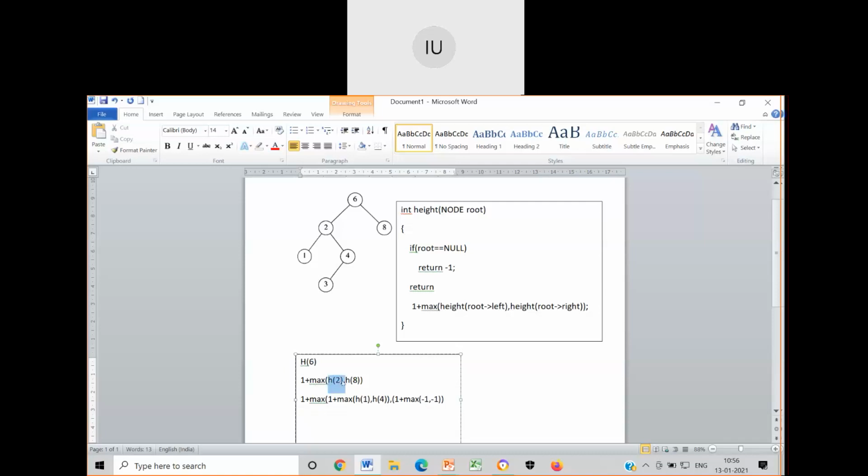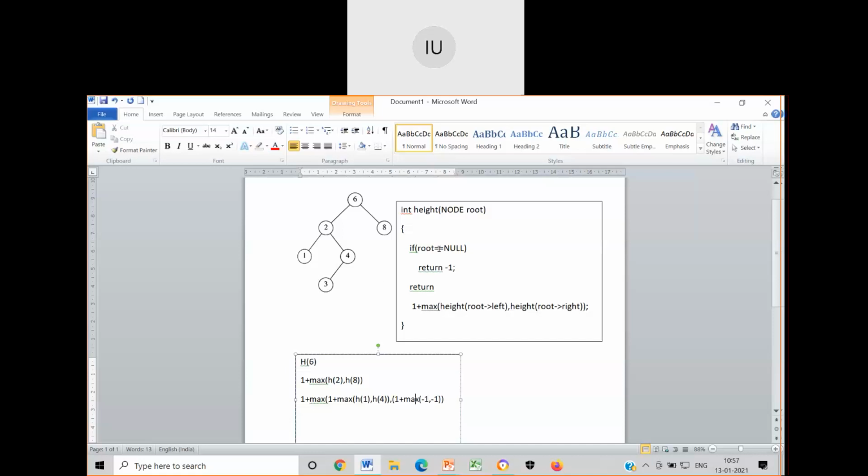H of 2 is replaced with 1 plus max of height of 1 comma height of 4. This is left. This is right. So this is the internal max function called on the left subtree of 2. Similarly, for h of 8, 1 plus max of minus 1 comma minus 1.